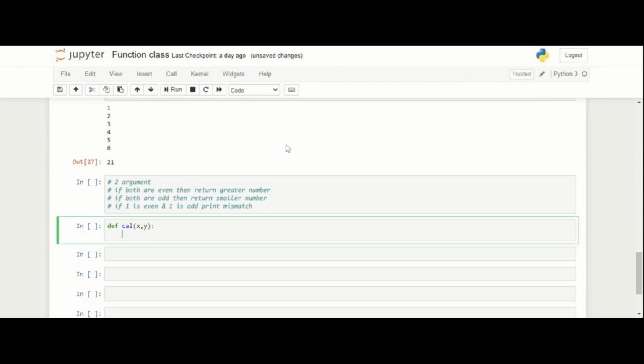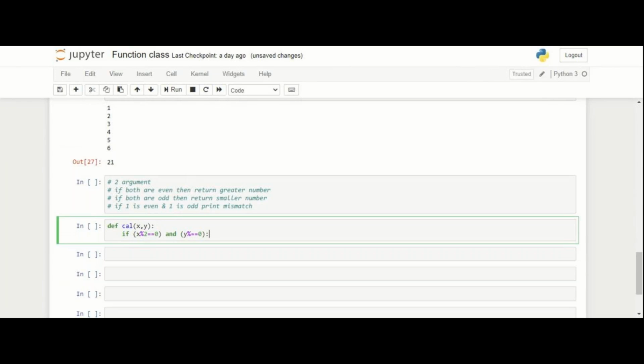Checking the even number. Even means if x percentage 2 equal to 0, and y percentage 2 equal to 0, correct?